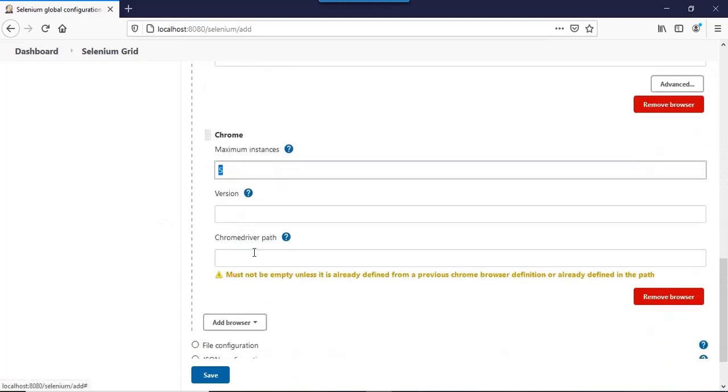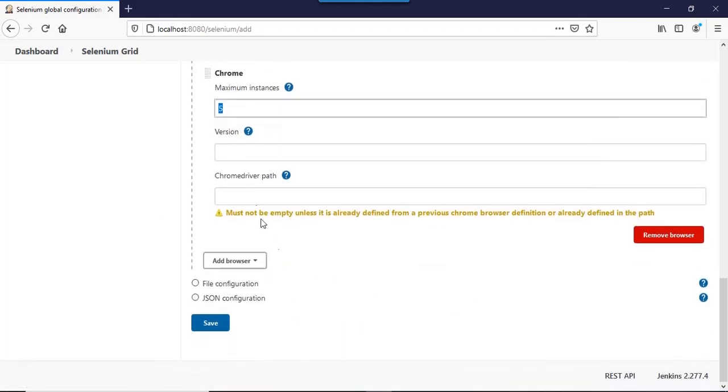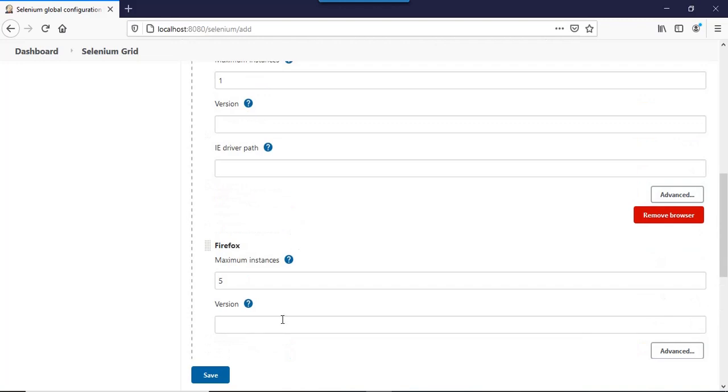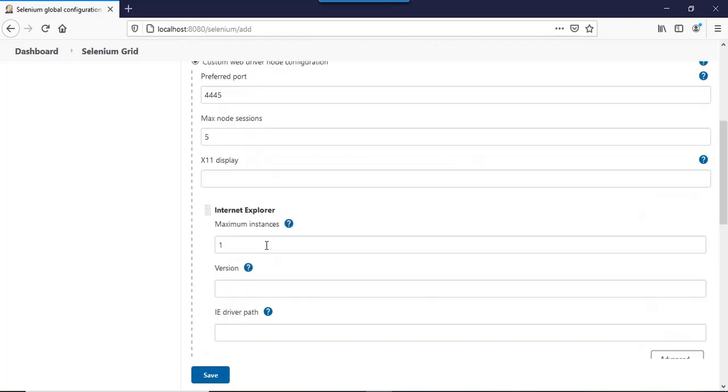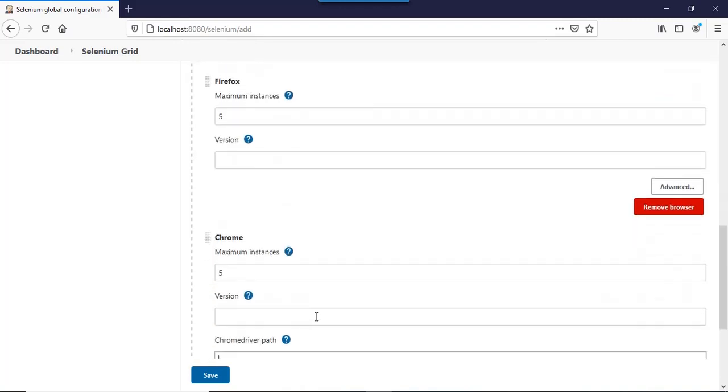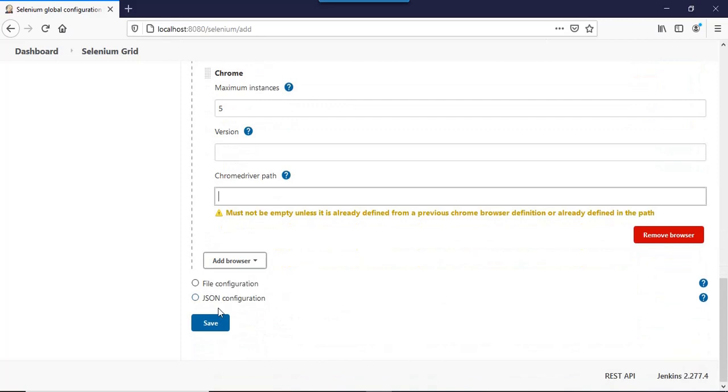So I'll leave everything as the default setting, but for Chrome it asks for the Chrome driver path. Similarly you can provide the driver path for Firefox and Internet Explorer as well, if you are keeping your driver at a specific path, and then you need to save the configuration.